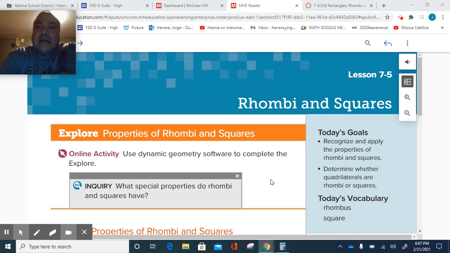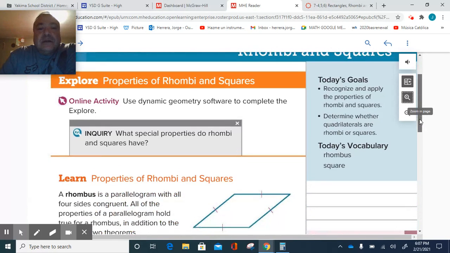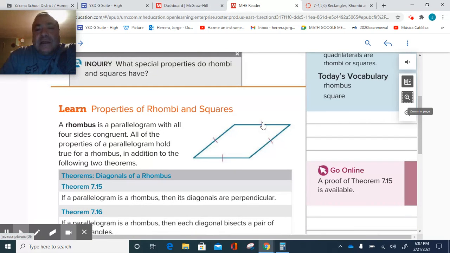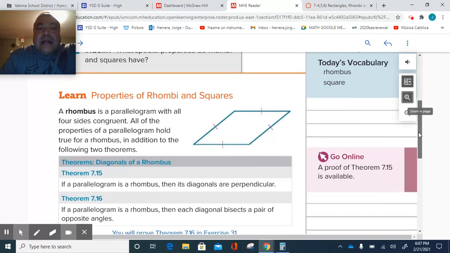Okay, guys, we're gonna talk about rhombuses and squares, and they're like cousins, or aunts, or uncles, relatives of the squares. I mean the rectangles, guys. So now the cool thing about this is that, according to the theorems, if you look at the properties, not only are the sides equal to each other, they can be bent and everything if you want. They also